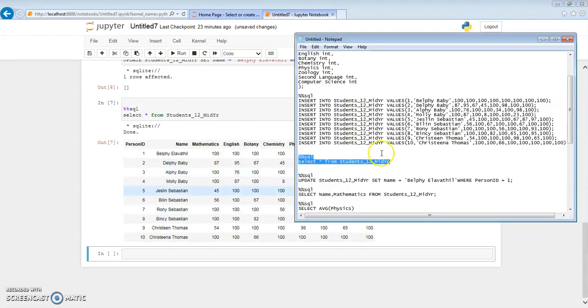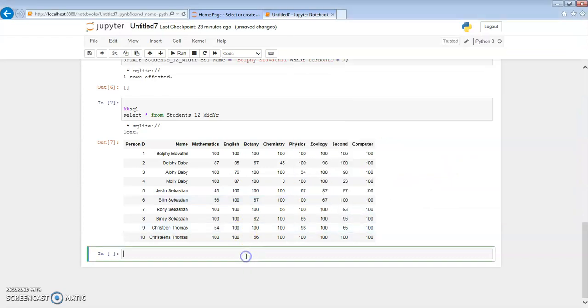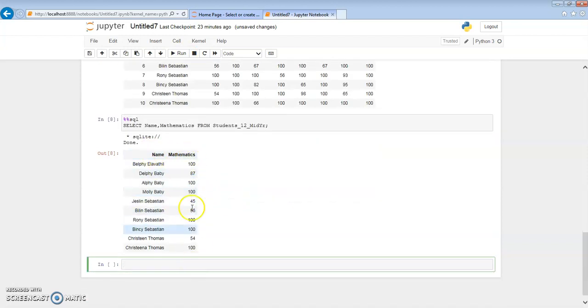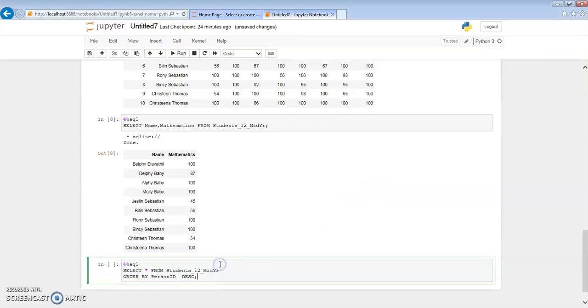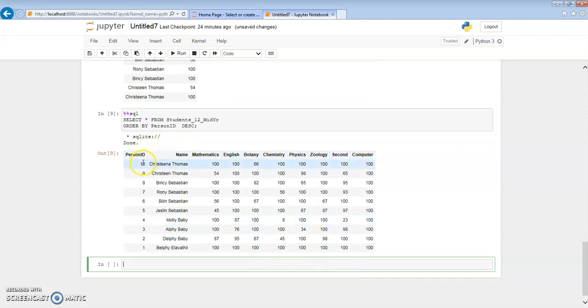Now we'll see a select on only a few columns like name and mathematics. I have chosen only name and mathematics here. Then we can see a query which gives us the data with the person ID in descending order.